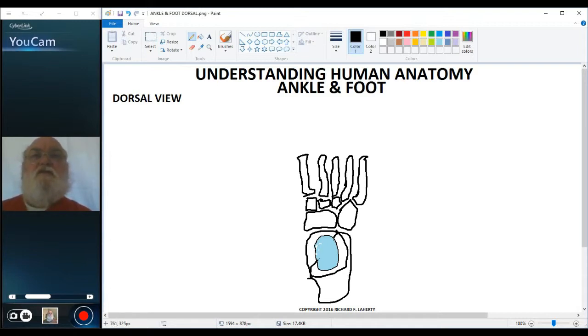Then the bones of the digits are the phalanges, just as they were in the hand. And for the big toe, which is on the medial side, that's digit 1, and we only have 2 phalanges for the big toe. Then for the other digits, we will have 3 phalanges,